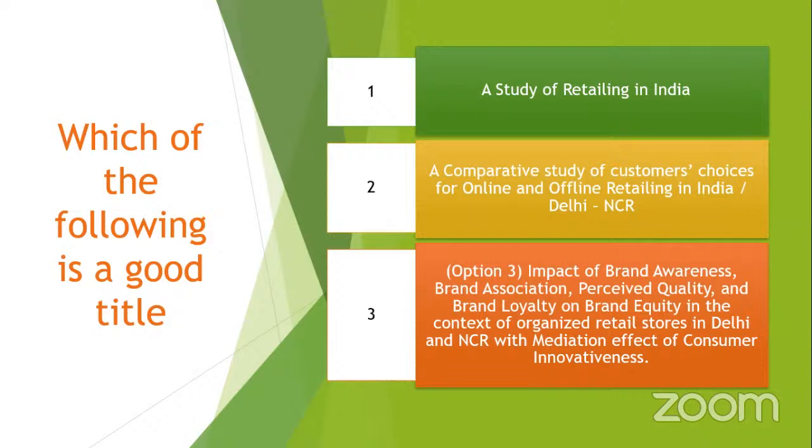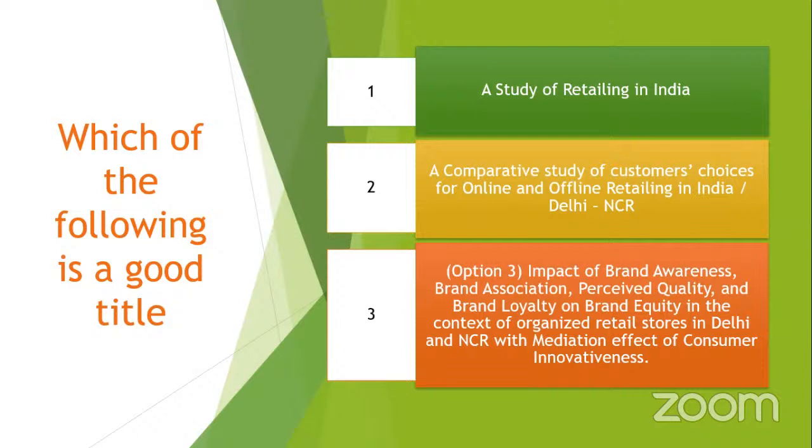And third is impact of brand awareness, brand association, perceived quality, brand loyalty, brand equity in the context of organized retail stores in Delhi and NCR with mediation effect of consumer innovativeness. So the third one is a very bad title. First one is very broad and second one is a standard title. So if I go for the third one, what I can do is impact of